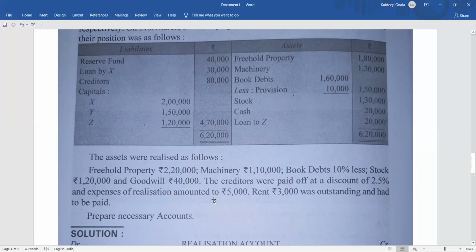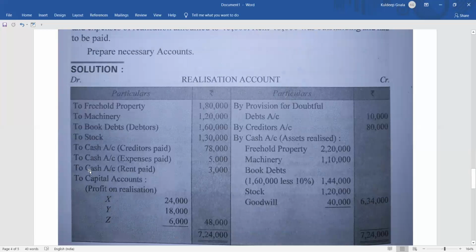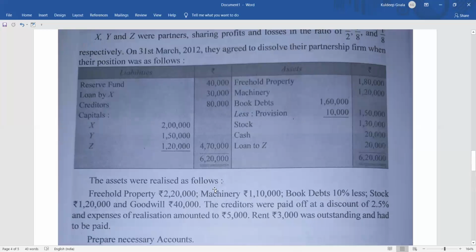So what will be the entry for that? Realization account debit, right? It's a loss. Realization account debit to cash account 5,000. So realization debit side to cash account, realization expenses paid 5,000. Okay. Then coming to the next one,